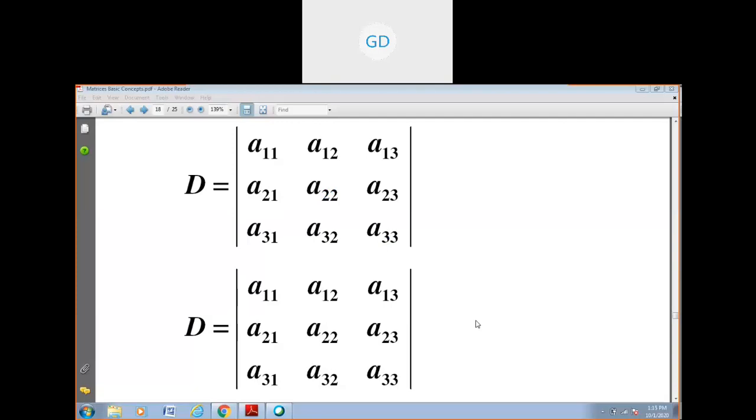So here in this determinant, three rows and three columns are expressed within two vertical bars, and the number of rows and number of columns here is exactly the same. And a determinant always gives us a particular value. It gives us a real value, but in a matrix we do not have any value. It is just an arrangement, as I explained earlier. In a determinant, we always have a value.